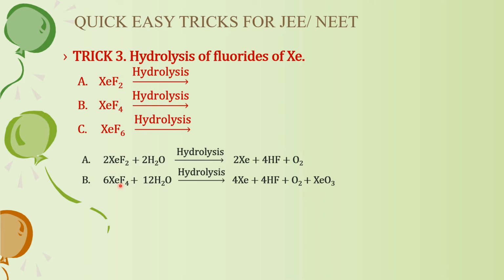Next we move on to XeF6. Now fluorine is again more in concentration. So the bond between hydrogen and fluorine is really, really very strong. Xenon and oxygen do not have any hope that they will be coming back. So they also forget living together separately, and they also form a very strong bond between themselves. An explosive bond, XeO3. XeO3 and HF are the only 2 products now that are left.